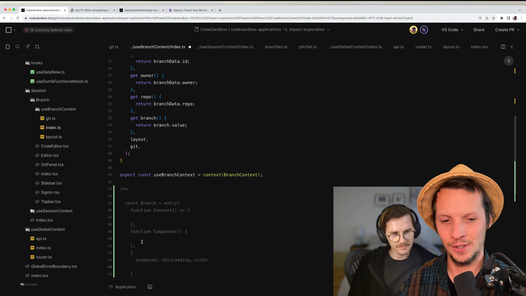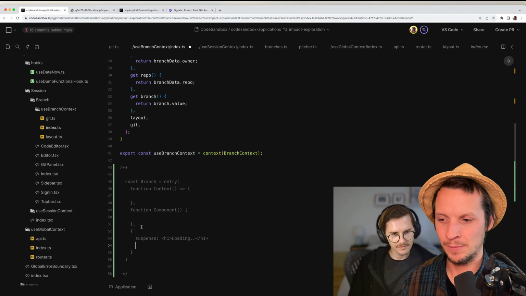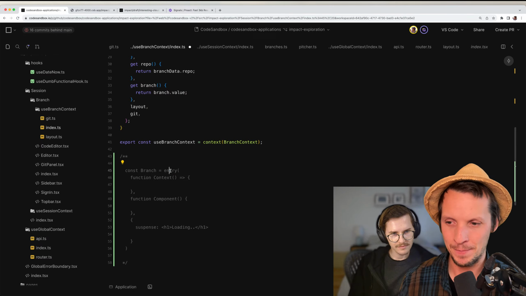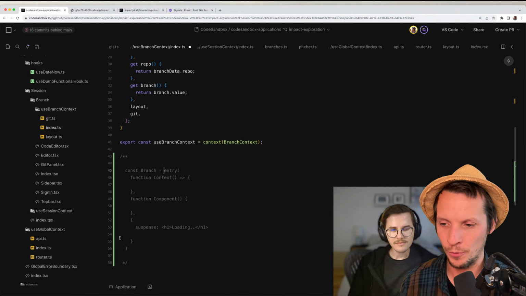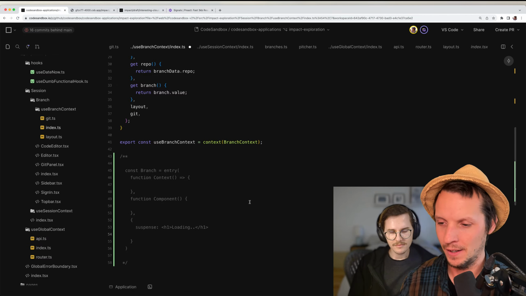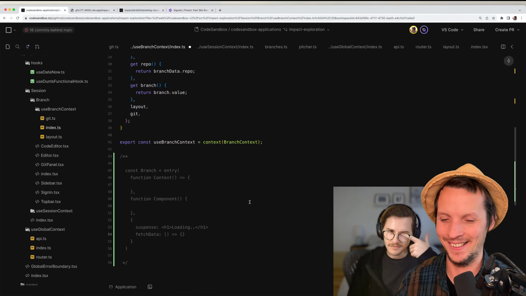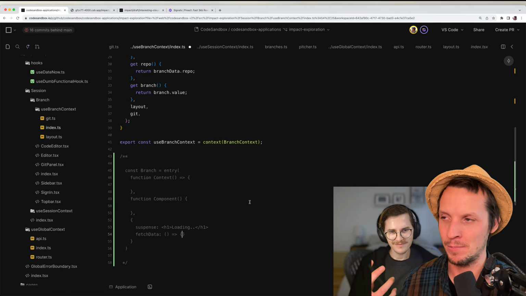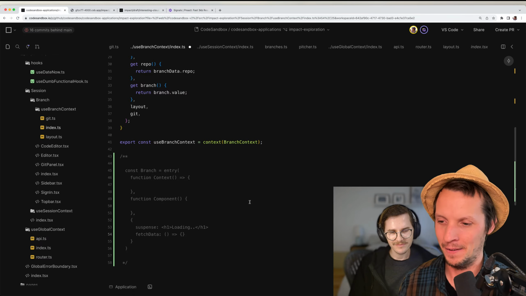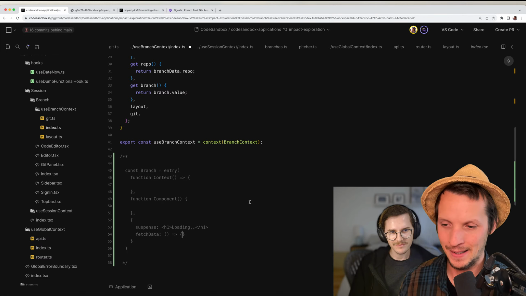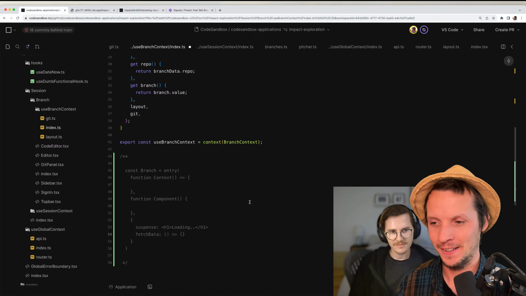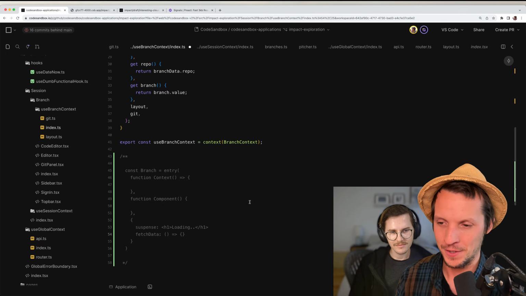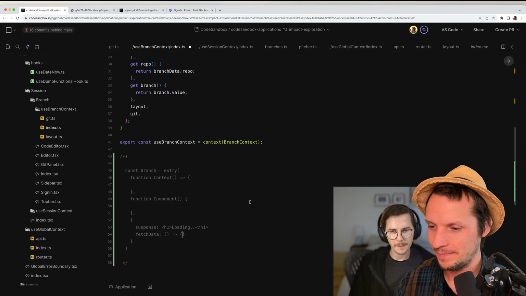So you can create these things, and it's much easier to learn about the concepts here because you say an entry has a context, it has a component, you can optionally give it suspense and an error boundary, maybe fetch data, then you have a function for that. So you understand what it means conceptually to have an entry. But it has way less flexibility, but it's a good way to learn about the concept.